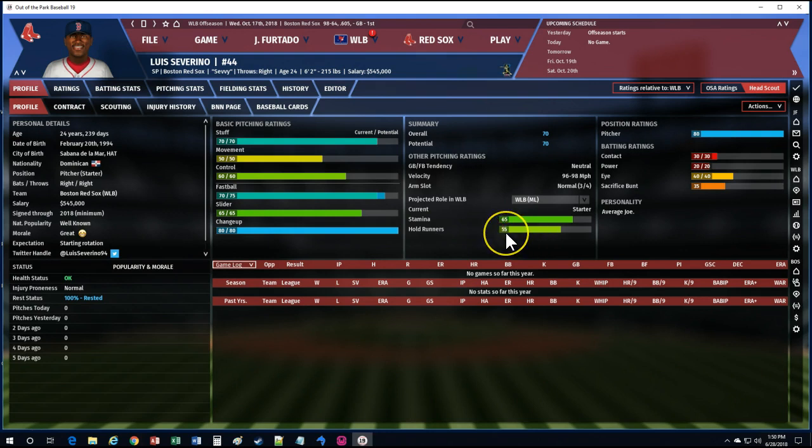And then how good he is at holding runners. As you can see, he's a 55 on the hold runners. Positional rating, he's an 80, so he's a really good fielder. They have some of his batting stats, and they also have his personality rating, which is an average Joe. We'll go back